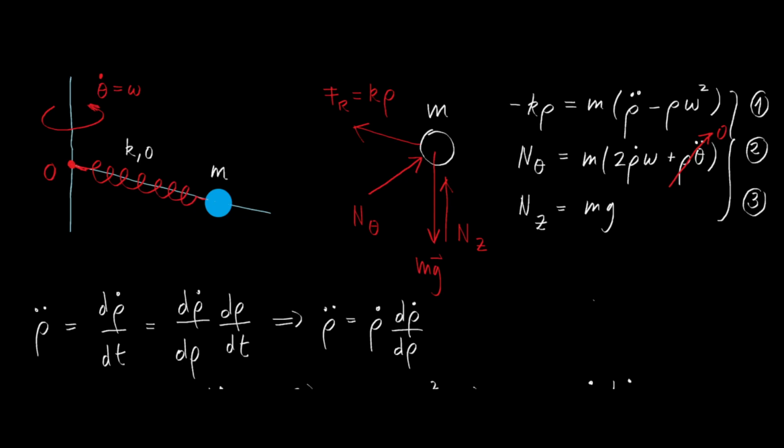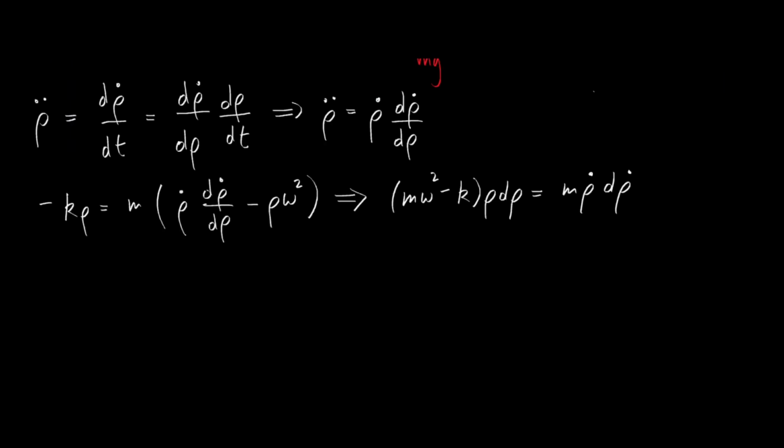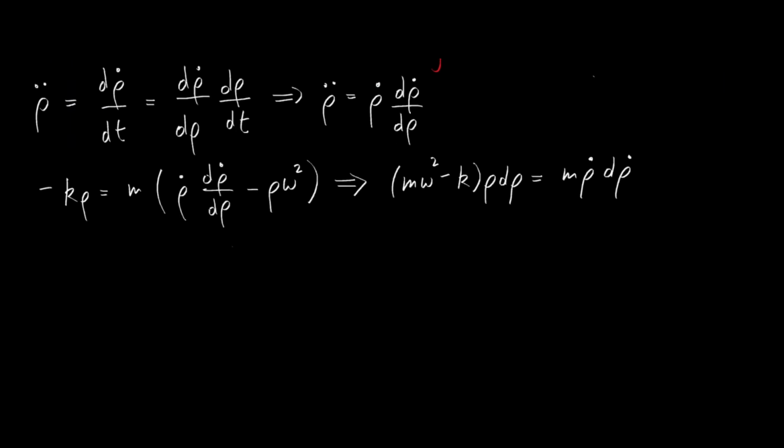This velocity will be an initial radial velocity, which we will call v sub 0. At t equals 0, the radial velocity of the mass is v sub 0, and the mass m is located at the point O. In other words, if we integrate this latter equation, we will use the following: